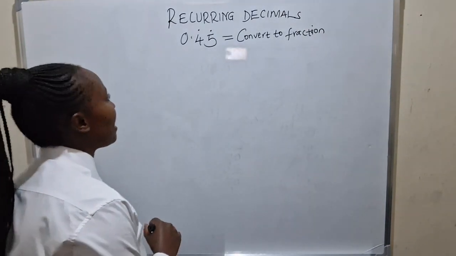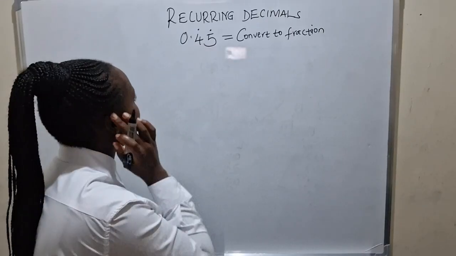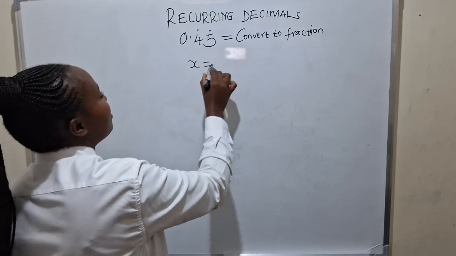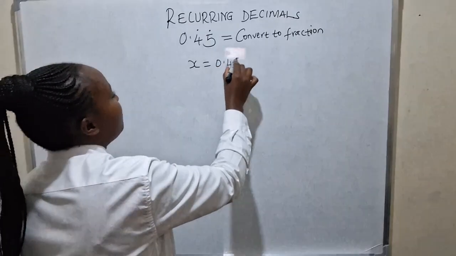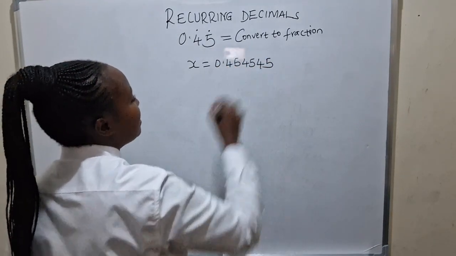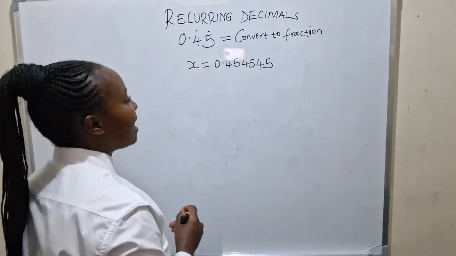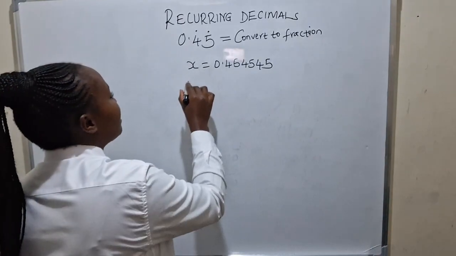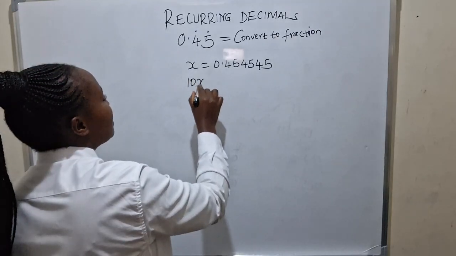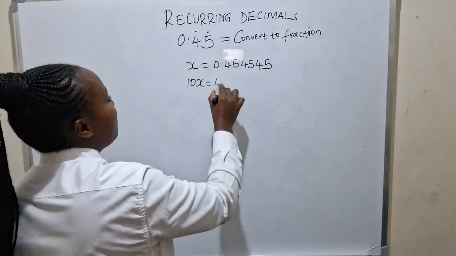Stick with me here because this one is a concept that you need to understand. So we say that x equals 0.454545, right? Then you multiply with 10x to bring 4 this side. So 10x equals